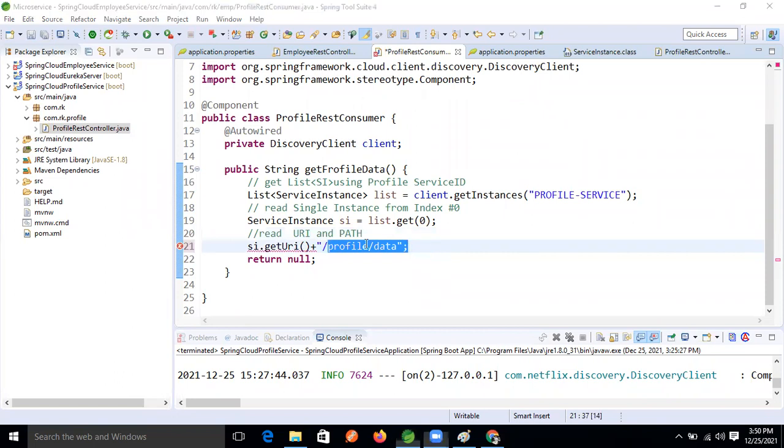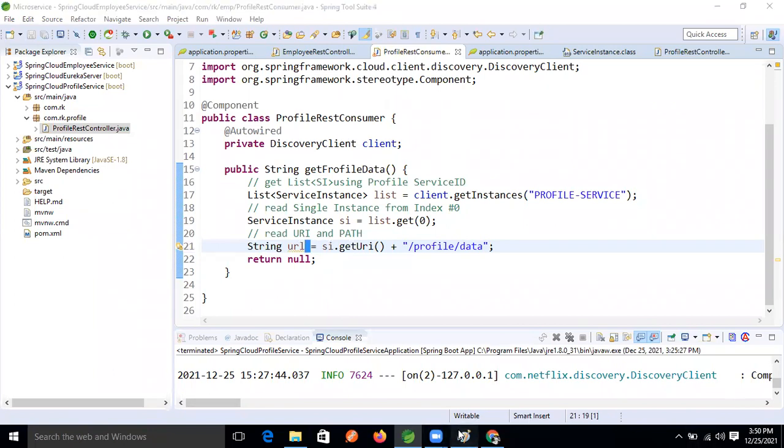So here we are reading the URI dynamically. Then this one will become String URL. This one will become String of URL.